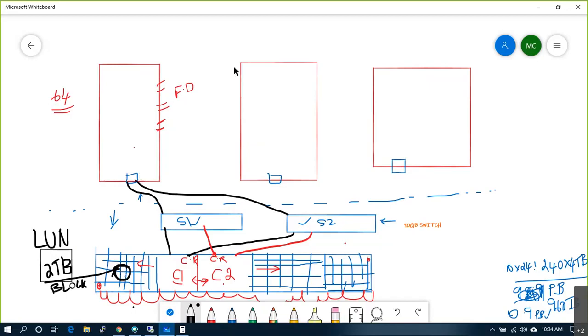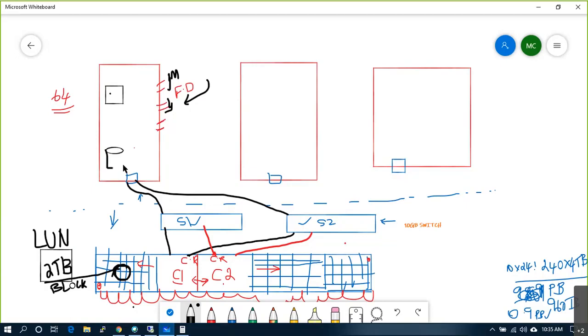So if a customer, out of these 6 cables, from which cable will the customer send the data? This is management. No, these two. Yes, from these two cables the customer will send and receive the data. You have one VM. This VM is sitting in one data store.